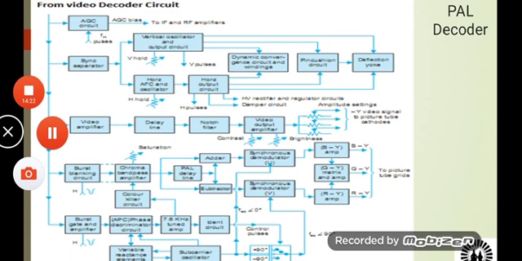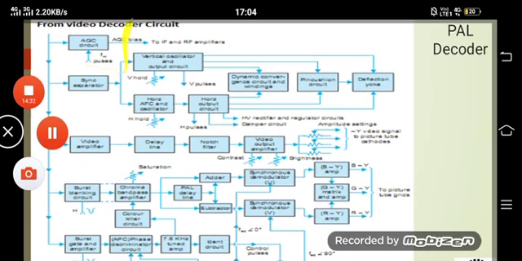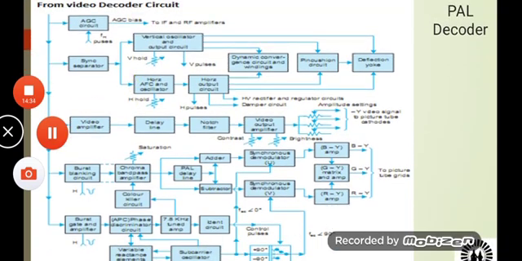Here, once we get the signal from the video decoder circuit, the video signal will be separated out. Then the sync pulses will be separated. Then we have a block called the AGC circuit, which is nothing but the automatic gain control. Why do we require automatic gain control here? It is required on every television receiver side, let it be PAL, NTSC or SECAM. An automatic gain controller is a must, which ensures that